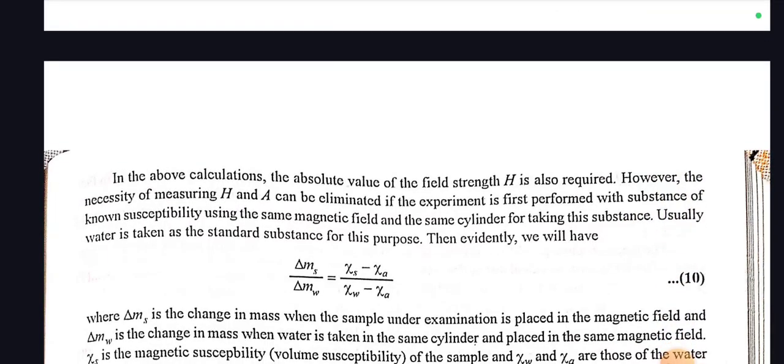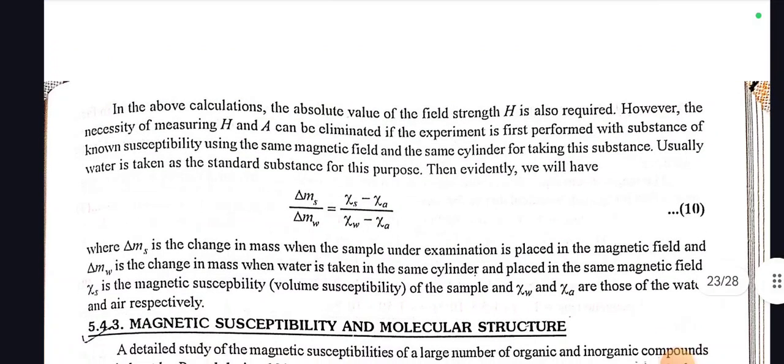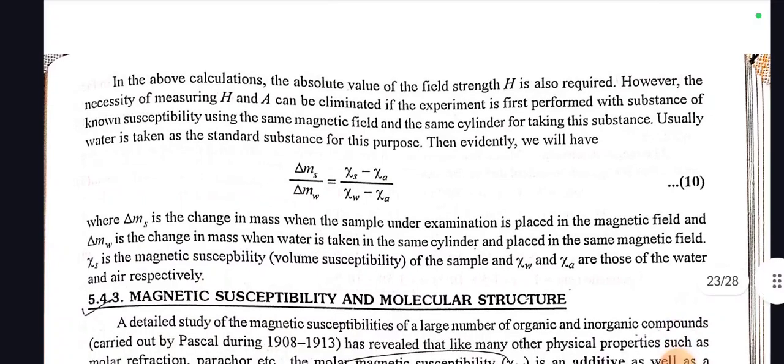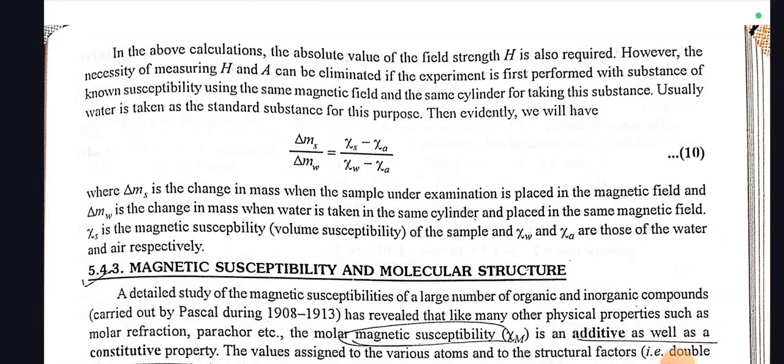In the above calculation, the absolute value of the field strength H is also required. However, the necessity of measuring H and A can be eliminated if the experiment is first performed with a substance of known susceptibility using the same magnetic field and the same cylinder for taking the substance. Usually water is taken as the standard substance for this purpose. Then evidently we will have